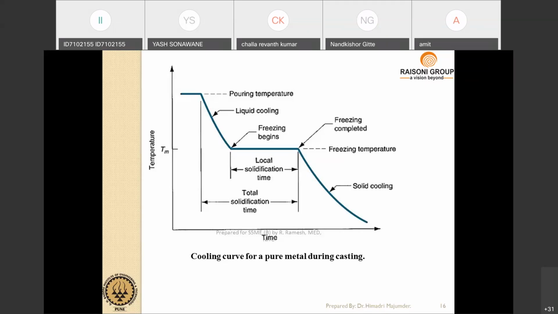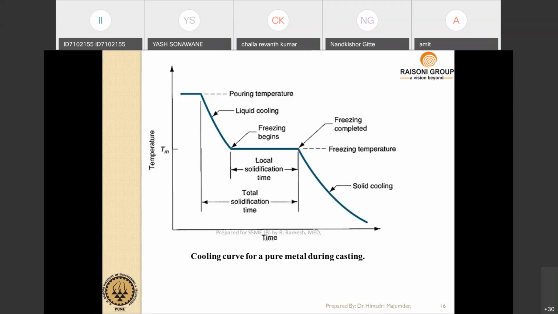Anybody? What is casting? So casting is, as somebody told, a metal forming process, or you can say manufacturing process, where we pour the molten metal into a die. So what is the die? Die is the replica of the product you want to make, the component you want to make,